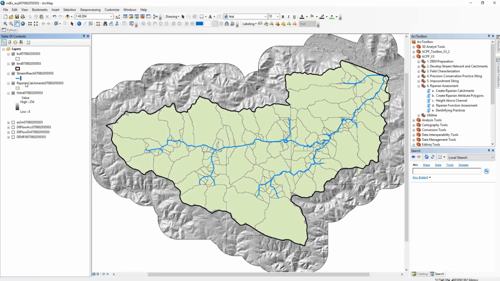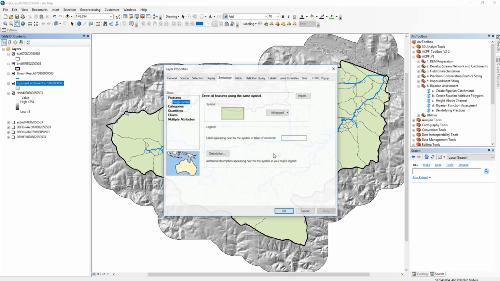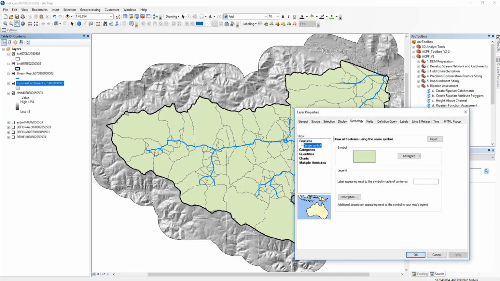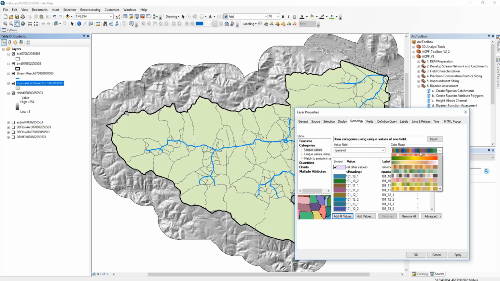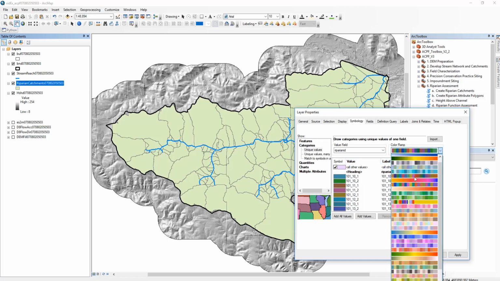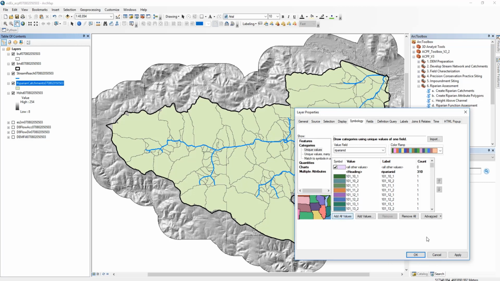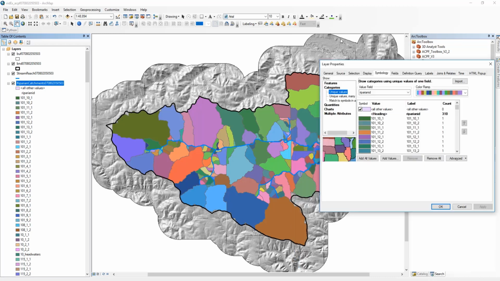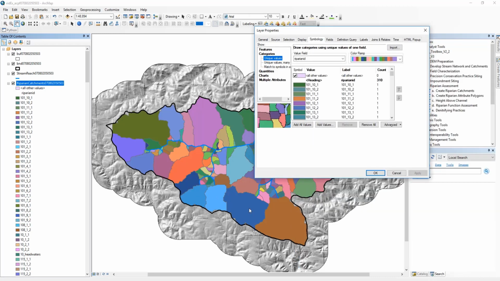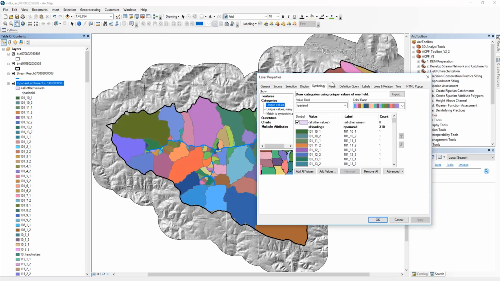And first I'm going to do some symbolization so you can see how they're broken down. So right now it's just this big cluster of riparian catchments. But if we go into symbology and categories, and let's first just do by riparian ID, choose a brighter color, apply. You can see each individual catchment, and you can start to see these headwater catchments here, and you can see right away how large they are compared to some other ones.